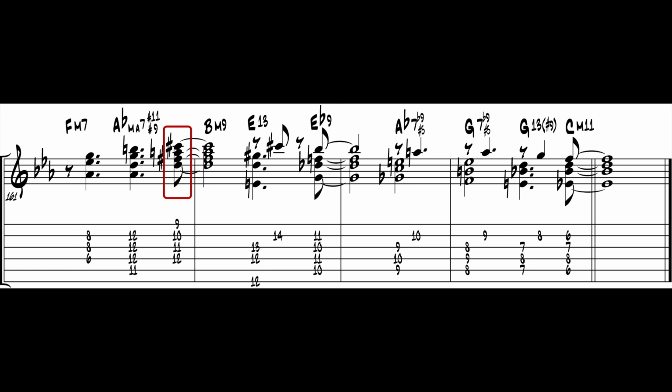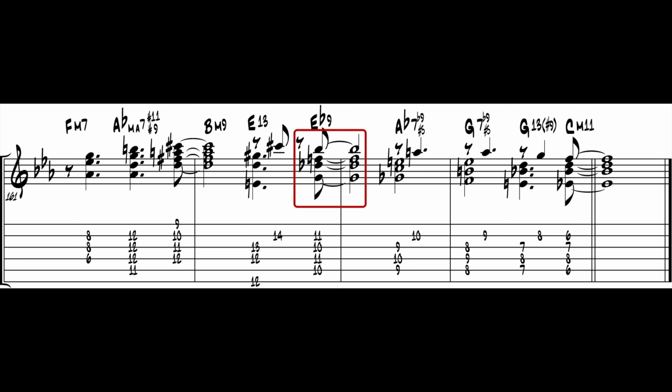Then he plays a D major 7 voicing for a B minor 9 sound, which then moves to a very typical E13 voicing that all of us guitarists do, and it functions as the tritone sub of another B flat 7 chord. Now here is where it gets really interesting. He lands on this very typical G minor 7 flat 5 voicing to get an E flat 9,